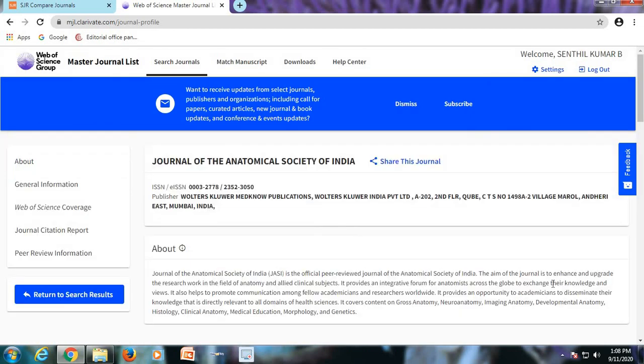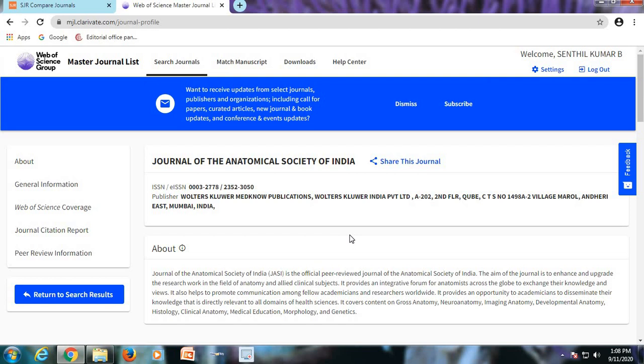Once you click into this, since I already have an account in the Web of Science, automatically it has shown me the entire detail of this particular journal. If you do not have an account in Web of Science, please sign in and enter the basic details. It asks you the name, surname and the mail ID, and it will be asking for a password. You can create your password and then create an account in the Web of Science. So as you sign in, then you can see the entire detail of the journal which you want to search.